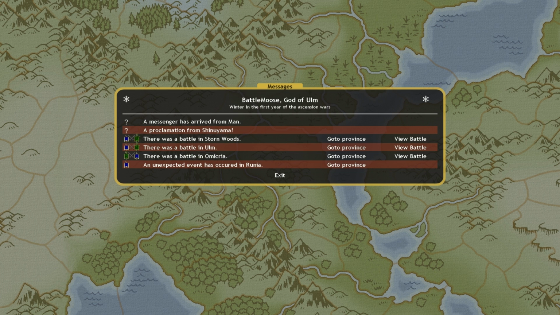So Asphodel, if you've been following, has been ravaging around my countryside, being very aggressive, attacking me, sieging my capital, spreading his forces into smaller little armies, and that continues. So let's have a look at the first battle. I actually attack him